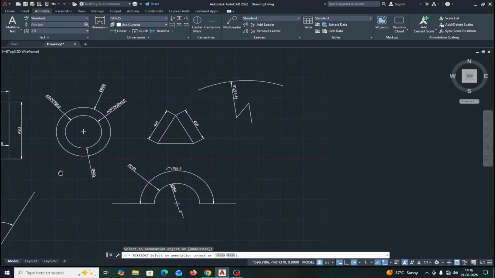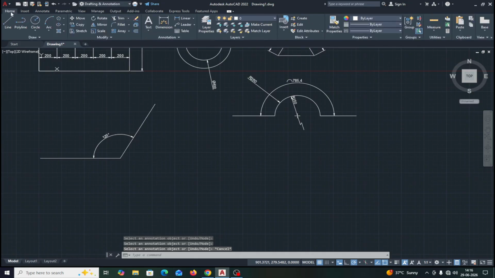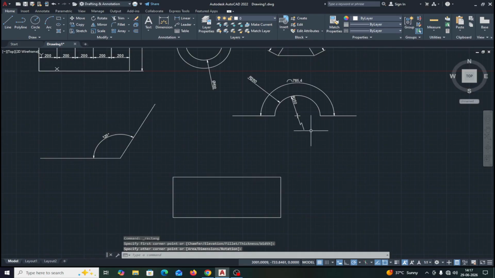Okay. One more thing. Suppose escape, home. I draw, suppose, one rectangle here. This is a rectangle here. Okay. Now